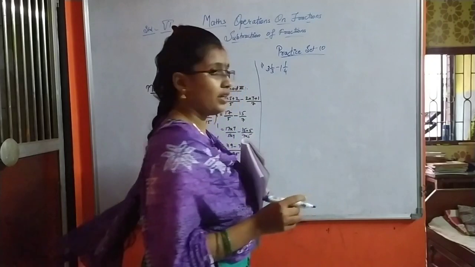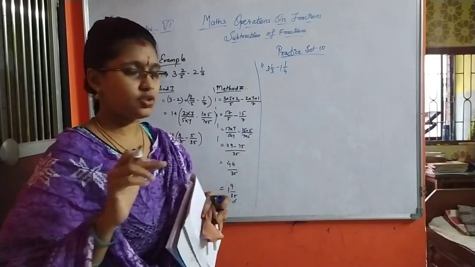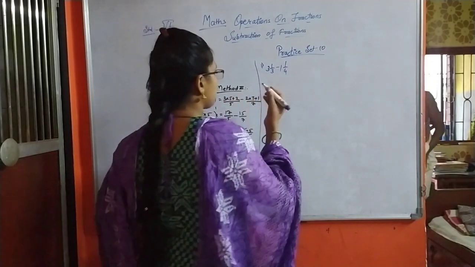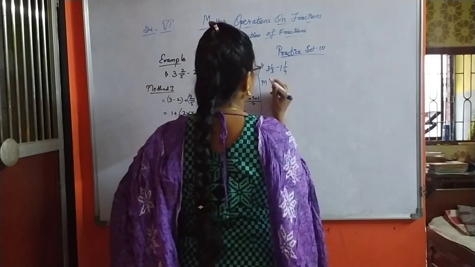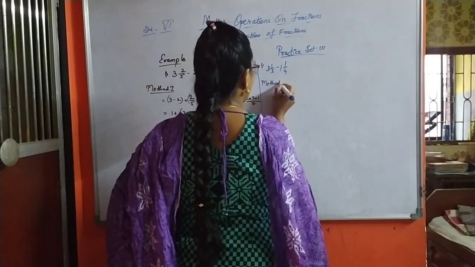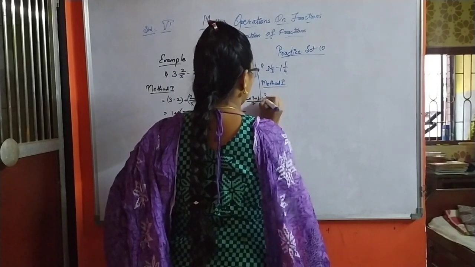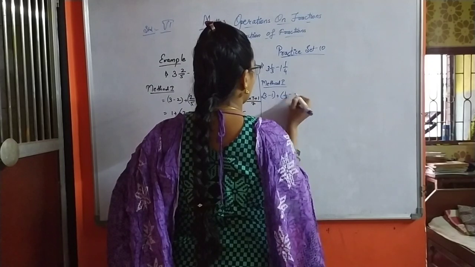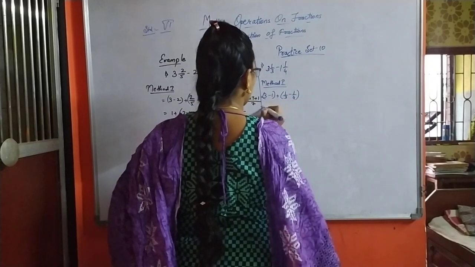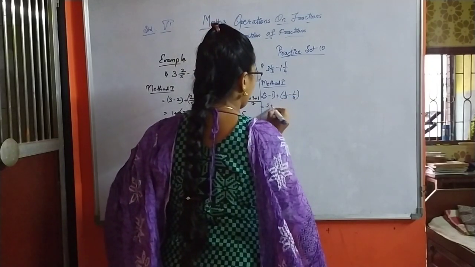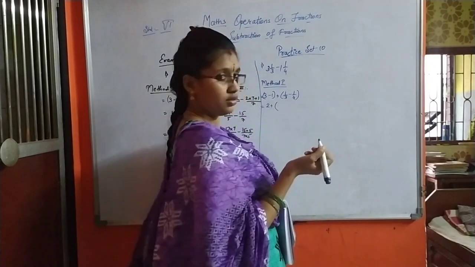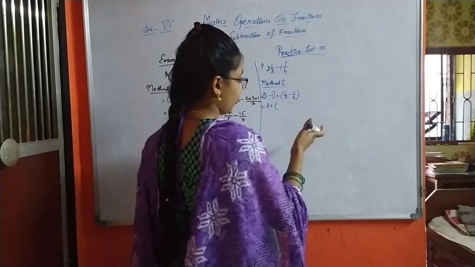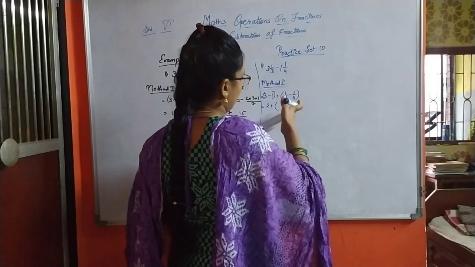We can take up any one method as such, but I'll be solving two methods for you all. So just take up the first method here. What is that? To take the integral numbers on one side, fractions on the other side. So 3 minus 1 plus 1 upon 3 minus 1 upon 4. So 3 minus 1 is 2 plus, now denominators are different, we have to make it common since it doesn't go in any table of each. 4 doesn't go in 3's table, 3 doesn't go in 4's table.